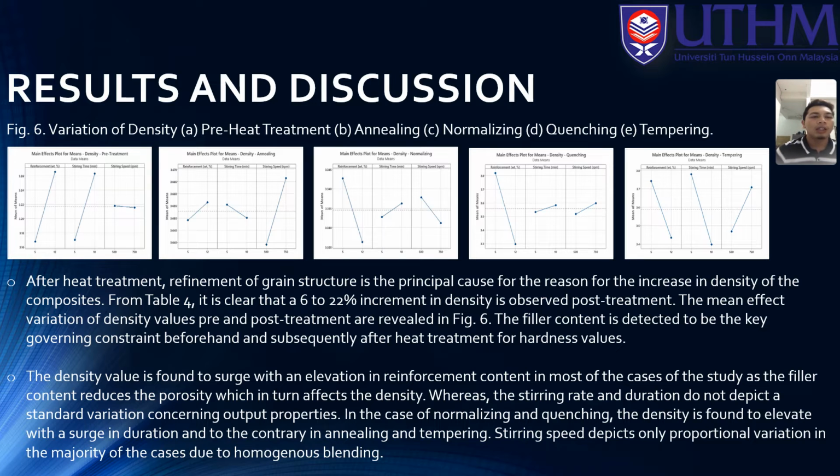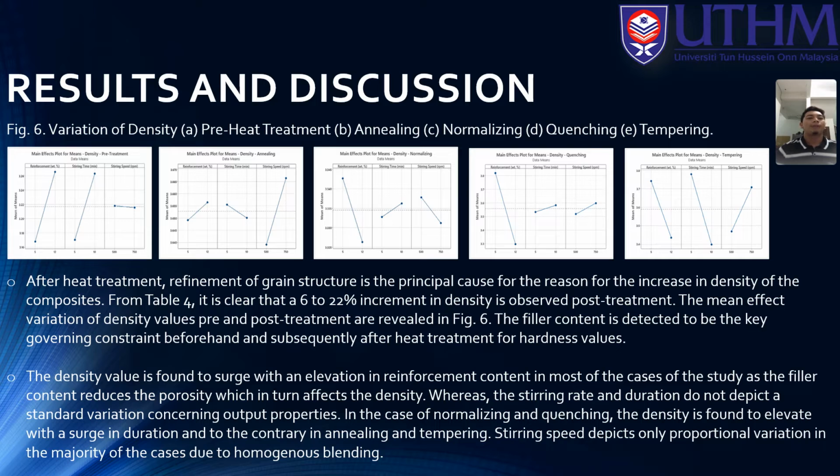The filler content is detected to be the key governing constraint before and after heat treatment for density values. The density value is found to surge with an elevation in reinforcement content for most of the course of the study, as the filler content reduces the porosity, which in turn affects the density,